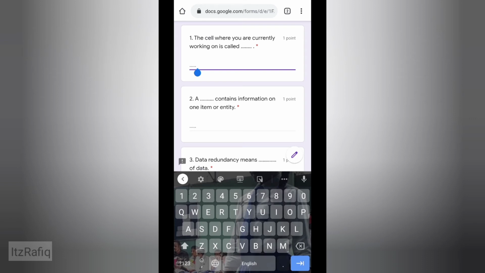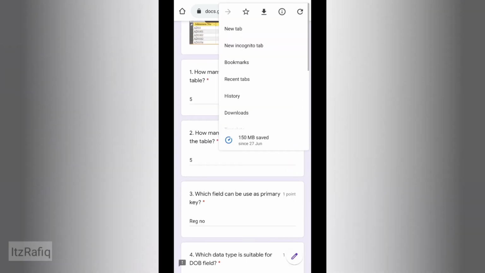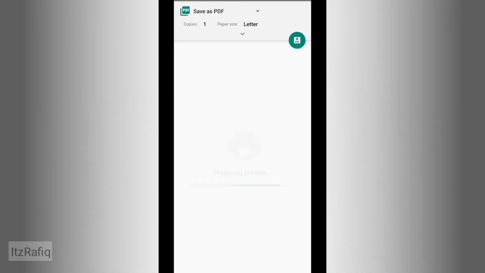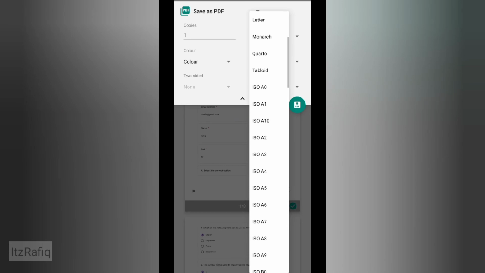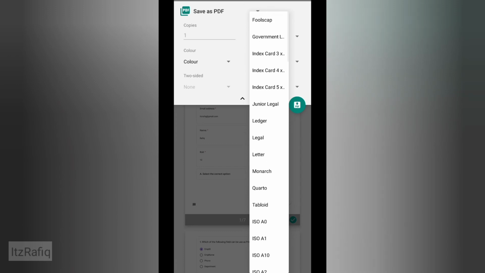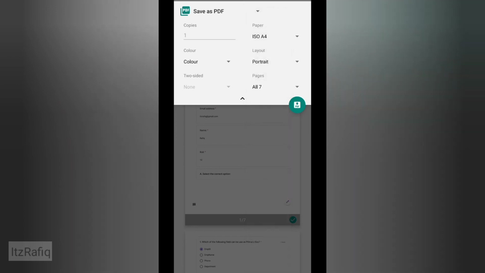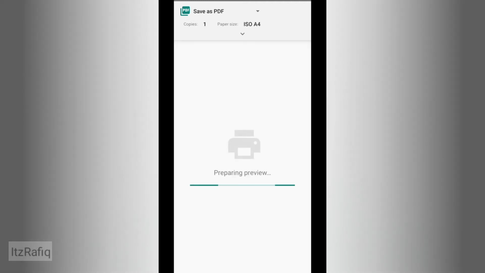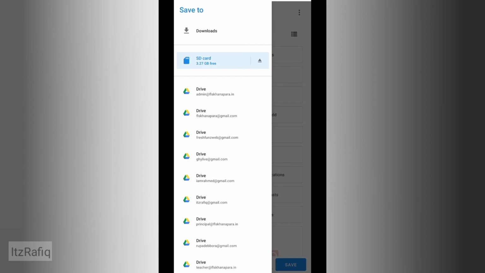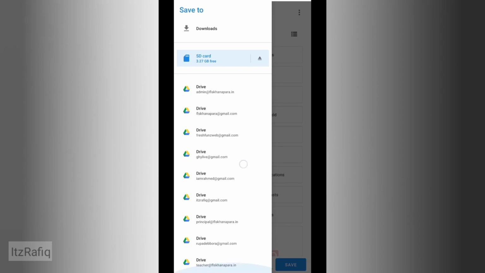After entering the complete form, you can go to the three dots in your Google Chrome, then select share, select print, select the paper size as A4, touch on PDF, here touch on the three dash sign or options sign and select the location where you want to save.